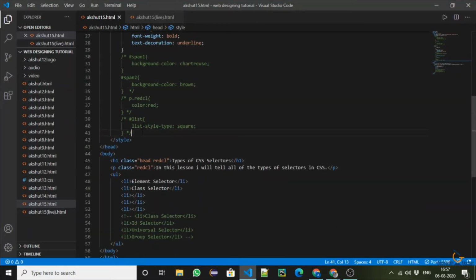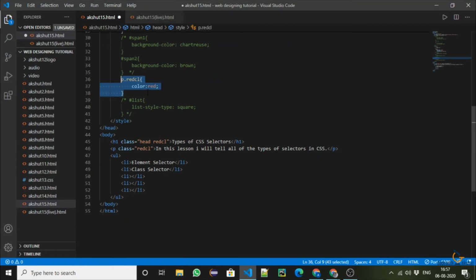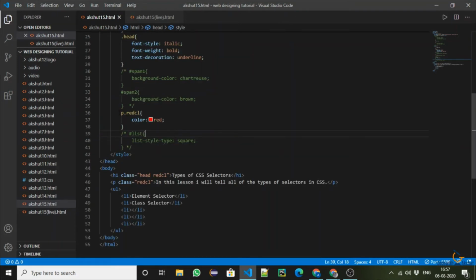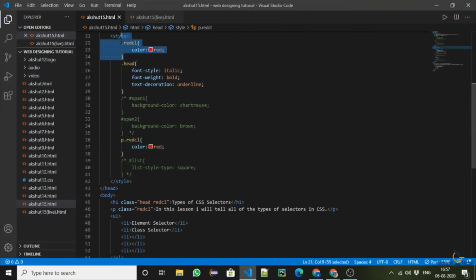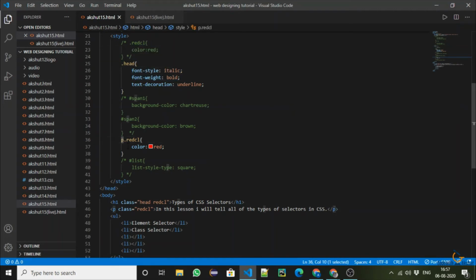I told another thing in the end, but now I will tell it in the starting one. I will remove this one. Let's save it. So like if you want that, I have added this now and I will comment this. Do you know why? You must be thinking that. I have done this because I want that every p tag or element which contains this red CL class should only apply this style.